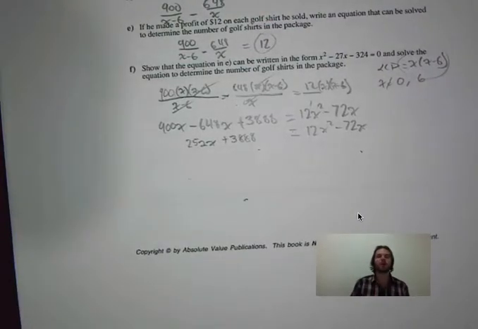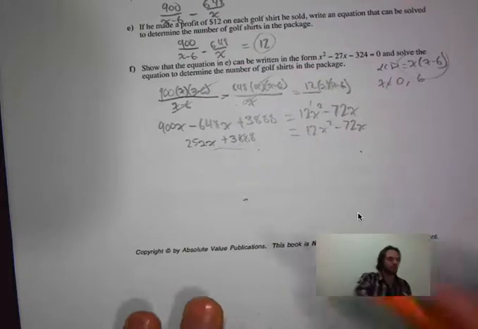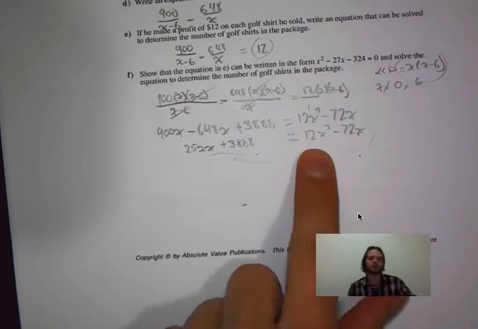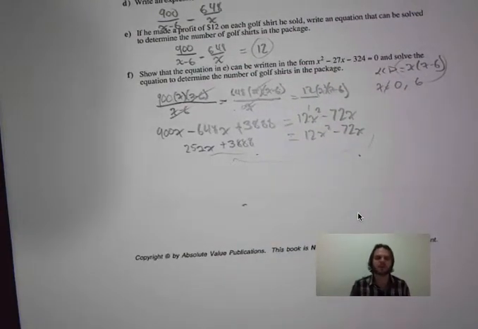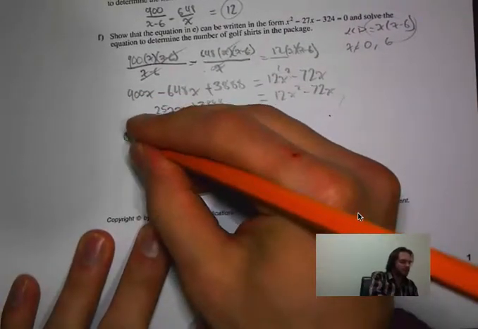Okay, now that that's all combined, let's make one side equal to 0. I'm going to make this side equal to 0, move everything to that side. Why? Because that's positive, and I like my leading coefficients positive. It makes it easier. So we have 0 is equal to